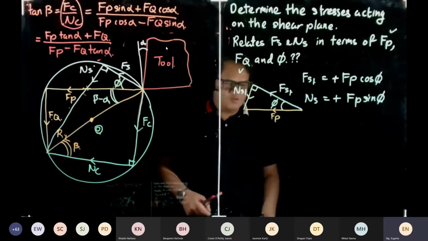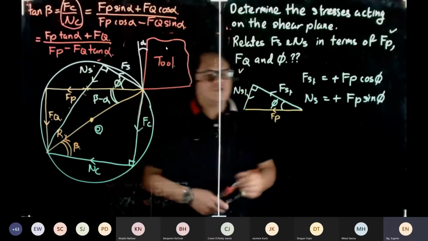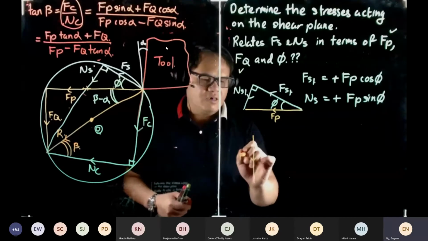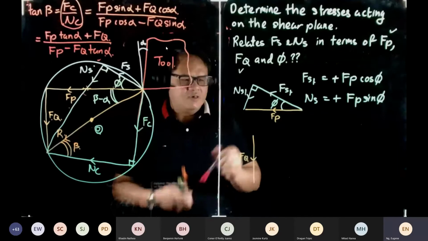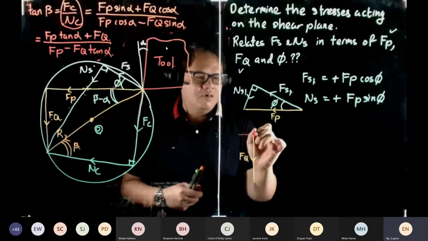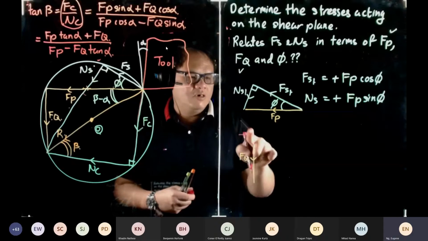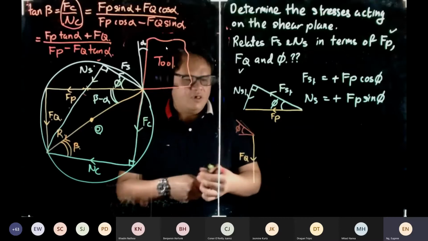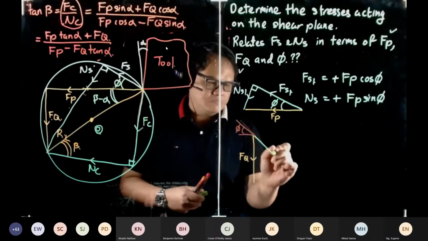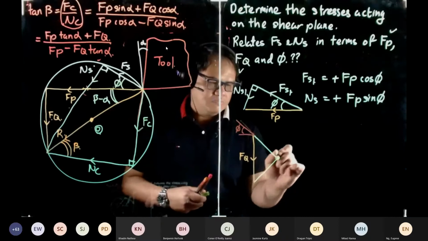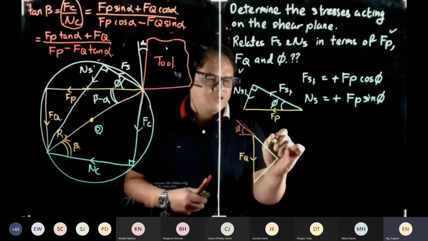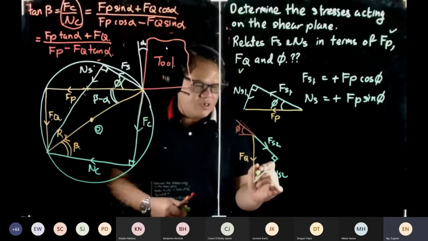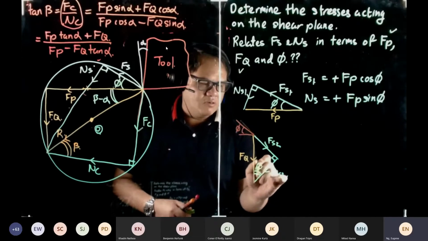Okay. Then next, we're going to determine the Fs2, Ns2 contributed by Fq. Okay. So this is our Fq. And then this is over here, right? This is our shear angle. Right, so if that is our shear angle, right, so this will be our Fs2 and this will be our Ns2, and this is 90 degrees, and for this case, this is our shear angle over here. Okay,